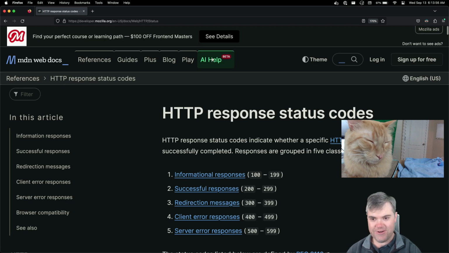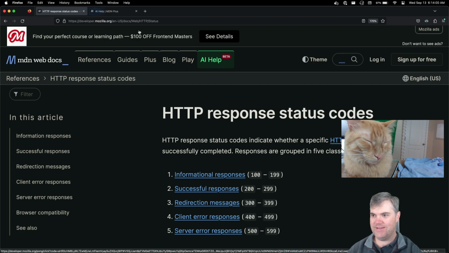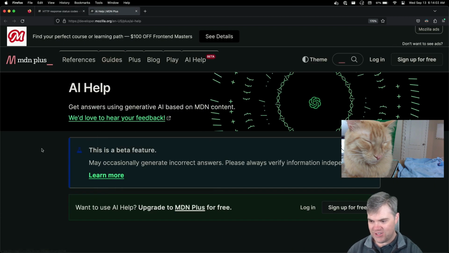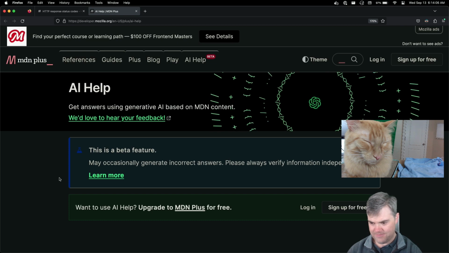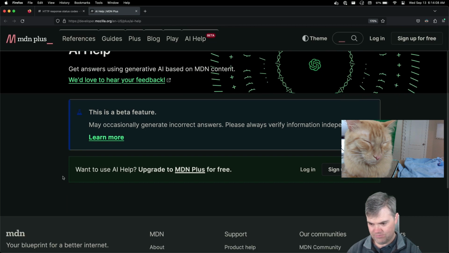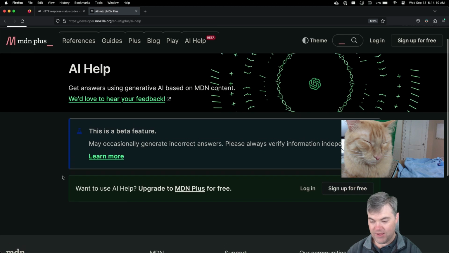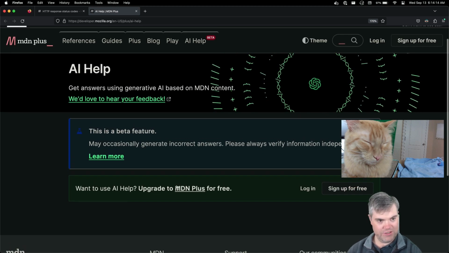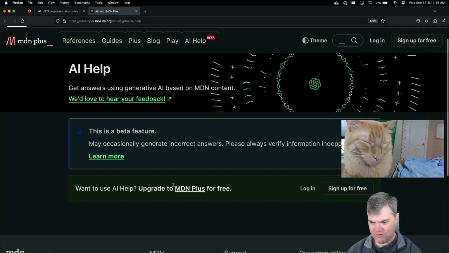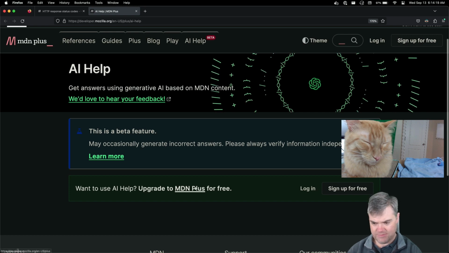I just noticed this giant AI help here. Is this like ChatGPT over their content? Oh, you have to have MDN Plus, which I don't even know if I have an account with MDN.